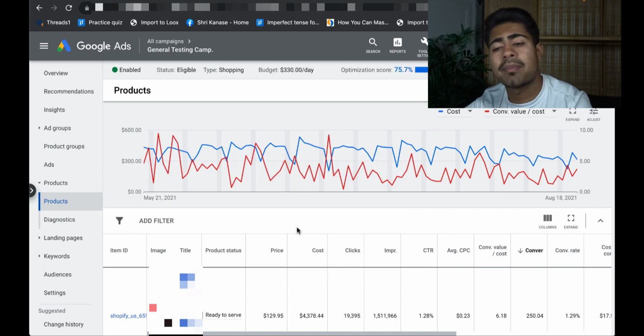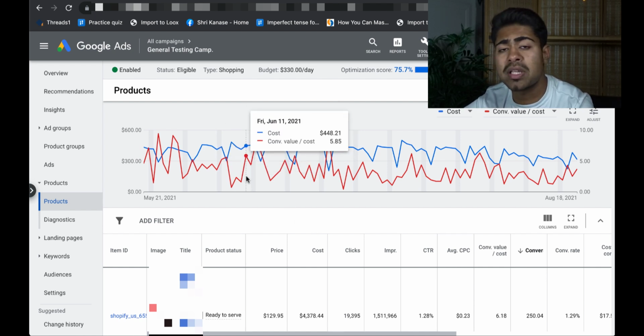But having multiple campaign types is definitely the way to go in 2021 and onwards. You need to have a standard shopping campaign. You need to have a smart shopping campaign, a branded search campaign, a cold traffic search campaign, and so forth. You need to be retargeting within your shopping campaigns as well. All these things combined will give your ad account overall a benefit and keep that ROAS where you want it